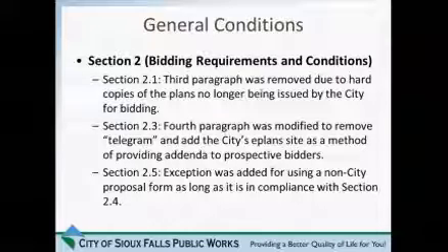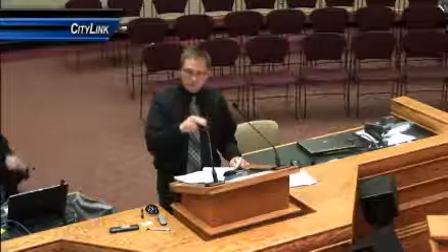Right. The proposal forms that are provided by the city are typically a PDF document where we have the bid items listed, and then we have spaces provided for the unit bid price and then the extension, based on the unit bid price times the quantity of that particular item. What section 2.4 allows, if the contractor so chooses, as long as it meets certain standards, is that he can create an Excel spreadsheet, for example, that he could enter the quantities of the specific items and the unit bid price, and then create a formula to automatically extend that to reduce some labor on his end.